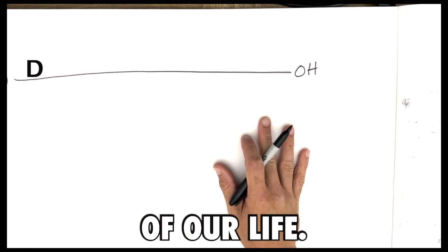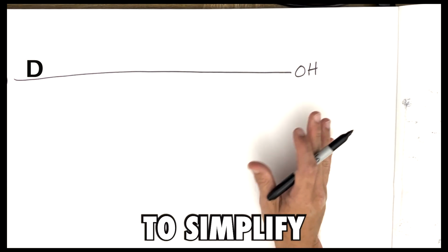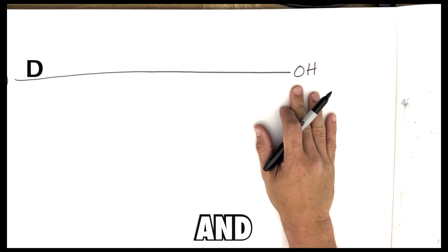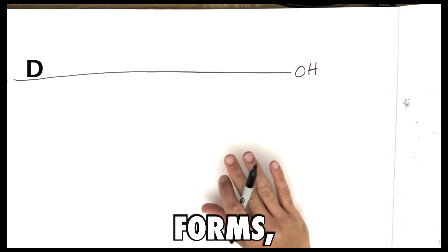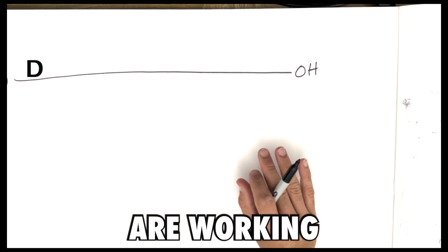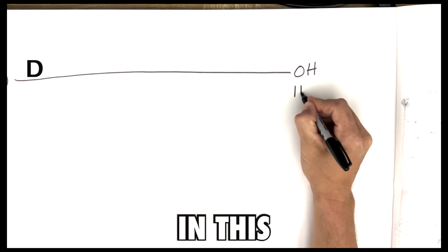Every aspect of our life, we can all say we are somewhere along this spectrum. To simplify it, we talk about death and disease on one end and optimal health and optimal living on another end. If we break these things down to its simplest forms, we are 100 trillion cell organisms. When all 100 trillion cells are working exactly the way they're designed to, we live over here in this beautiful